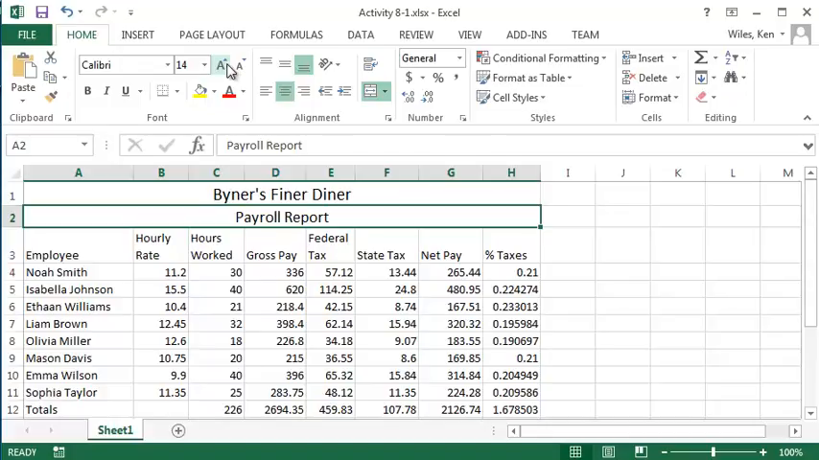The next step says to highlight the merged cells in rows A1, or rows 1 and 2, and set the background color to green, accent 6, lighter 60%. So I'm highlighting both of these at the same time. I'm going to go to my,